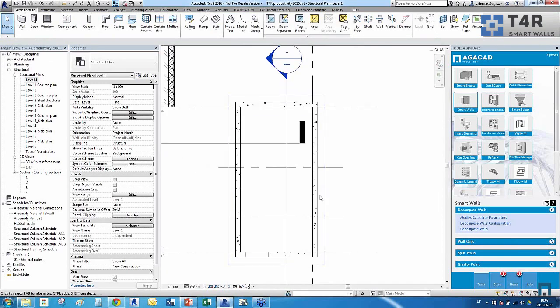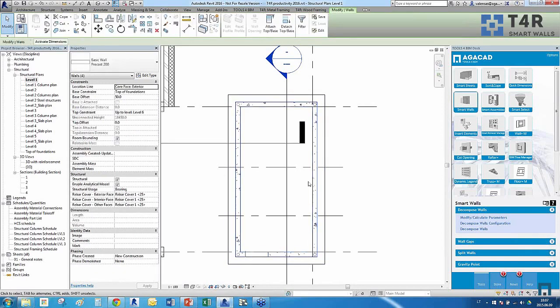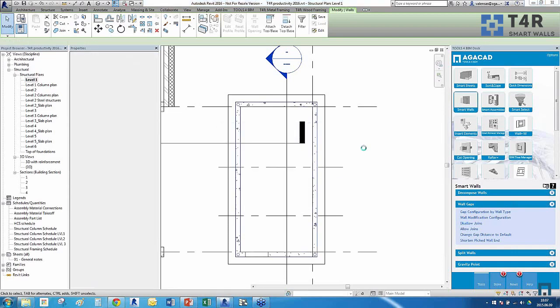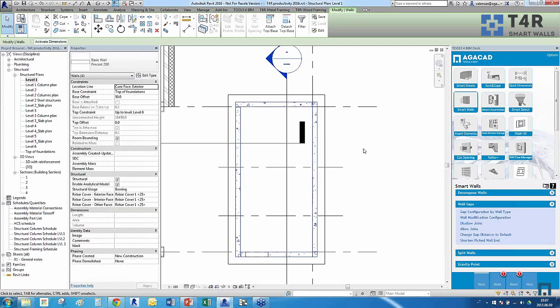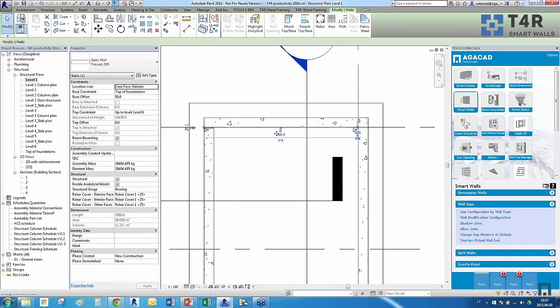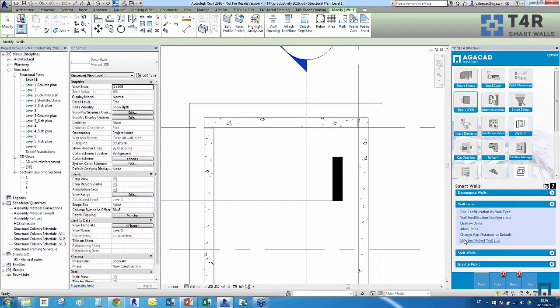Next, let's say we have precast walls here joined together. We can select all of them and use another command to disallow joints. But after we use this command, we will have gaps between the walls, which we can configure by the wall type. So I will just do now disallow joints, and let's see the result. Yes, now we have separated walls with a disallow joint at the end,